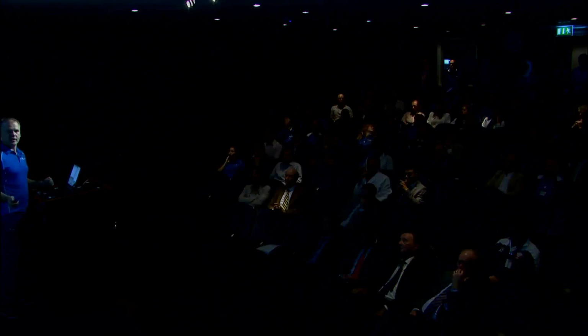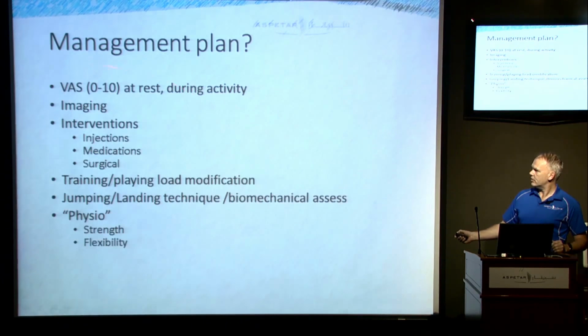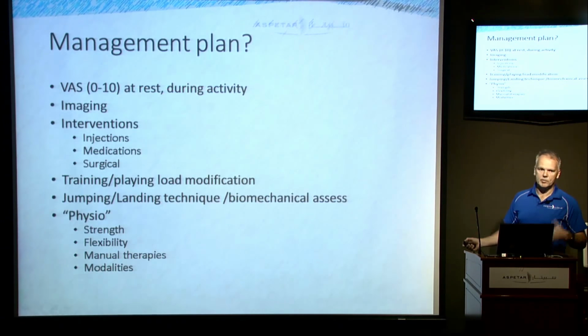So what could we do for this guy? When I sat down to decide what would be the potential list of things we could do, I'd say, well, probably we'd measure his pain during the different things that he's doing. We might do some sort of functional measures as well. And then I think we'd be entirely justified to do any or all of these interventions for this particular guy.